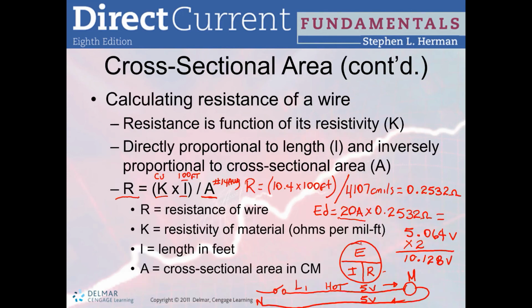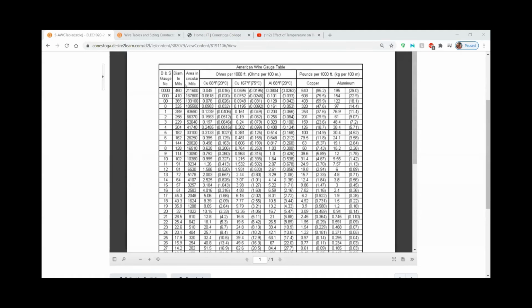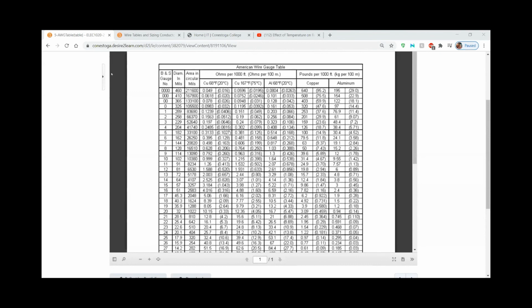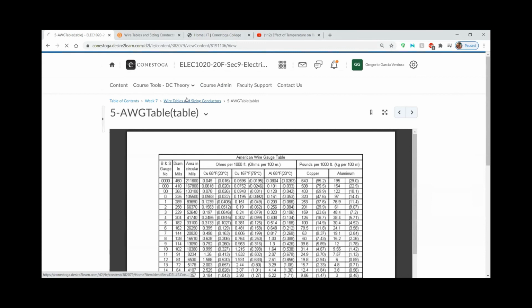What I'm going to show you next is that I'm going to be sharing another screen with you. I already showed you how to find your K, how to find your A and your K on this table. Now, just for the sake of clarity,